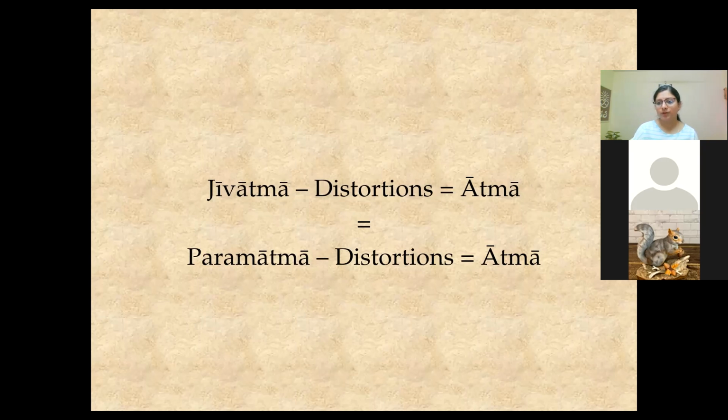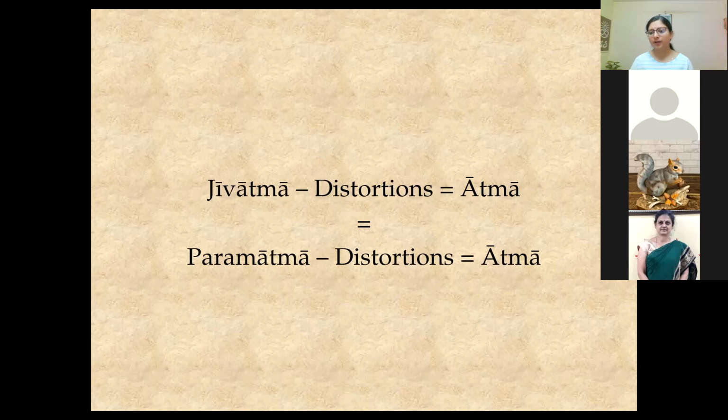And so, when the Jivatma, when this person is looking only at these RMs, comparing from the point of view of RM, he will only see differences. And that is the root cause of his misery. Because of seeing only differences, he is miserable. But this Jivatma does not know that he is himself a distorted version of Atma, and Paramatma is also a distorted version of Atma. So what should he do? He should drop the distortions, intellectually dismiss the distortions, and what remains is only Atma on both the sides.